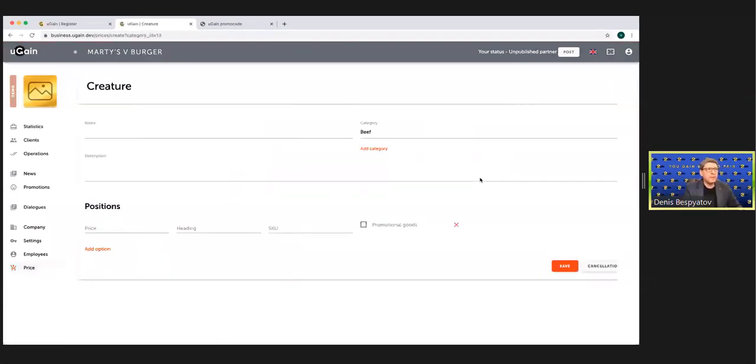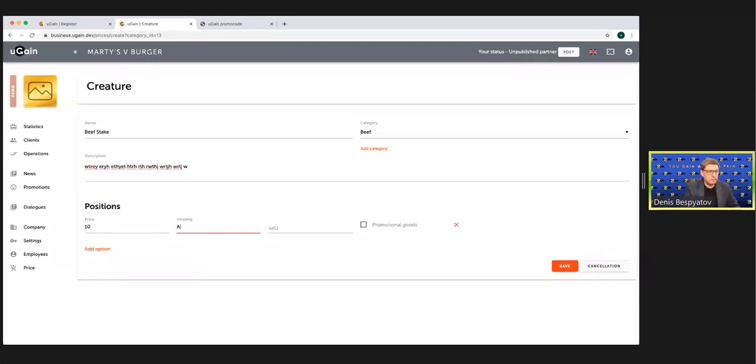We choose this category, meat, and add some text: Steak. Beef steak. So the name, short description, the price, for instance, 10 US dollars,